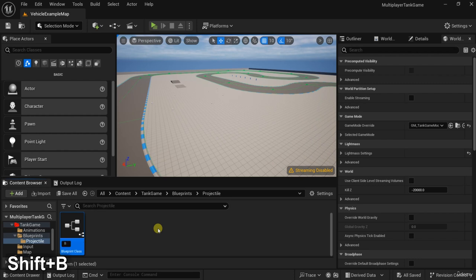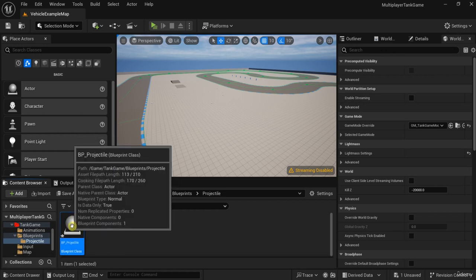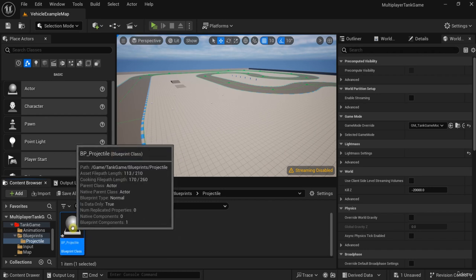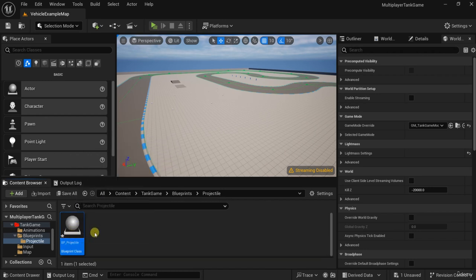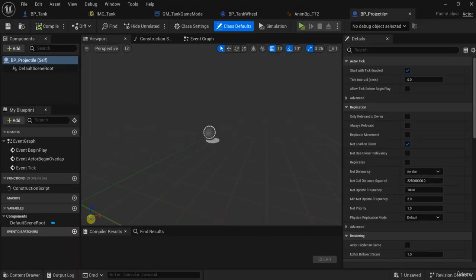Let's call it BP projectile, because later on we will make a specific projectile by making a child blueprint from this master one. We'll make specific projectiles for the Abrams, for the T-72. Now let's open the projectile. Here what we need